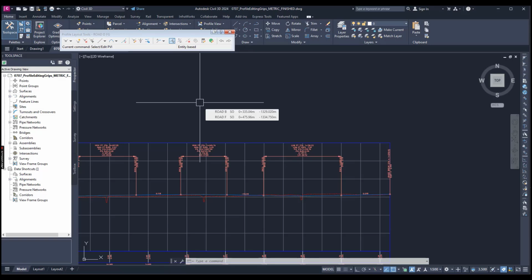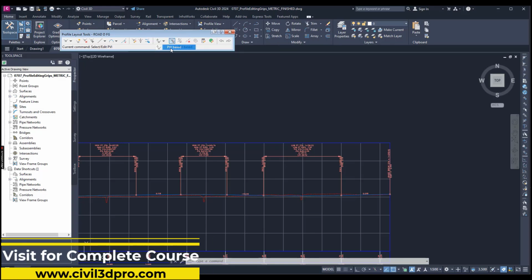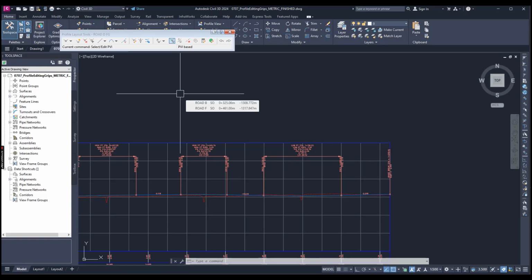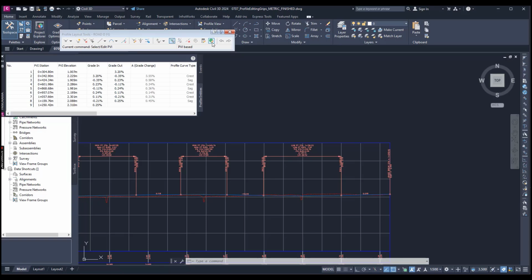Now on the profile layout toolbar, change the selection to PVI based from the PVI entity, like this, and now click the profile grid view. If you hover your cursor here on any icon, it will show you the name of the tool. So it is our profile grid view. Just click OK,